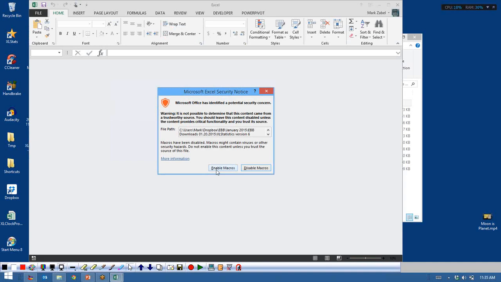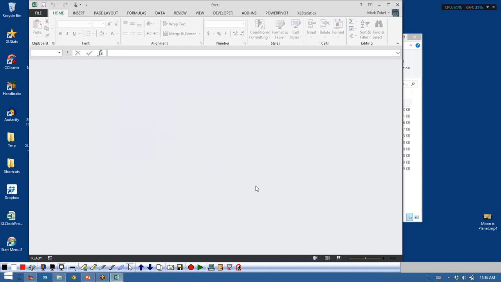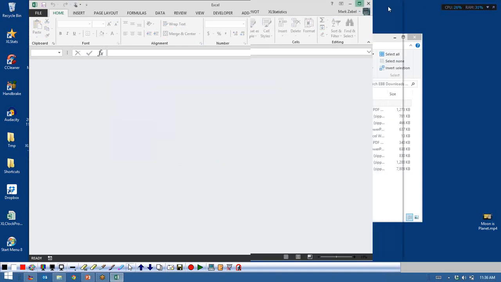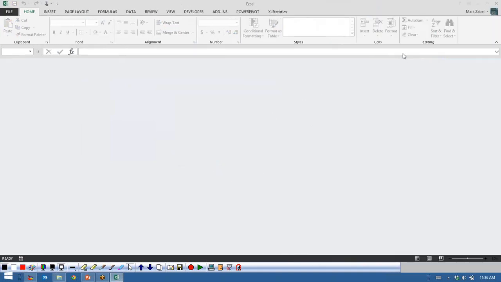If you don't have Excel 2013, you may get a slightly different message, but you'll want to enable the macros. And guarantee this is virus free, malware free. So if you go on the top here,